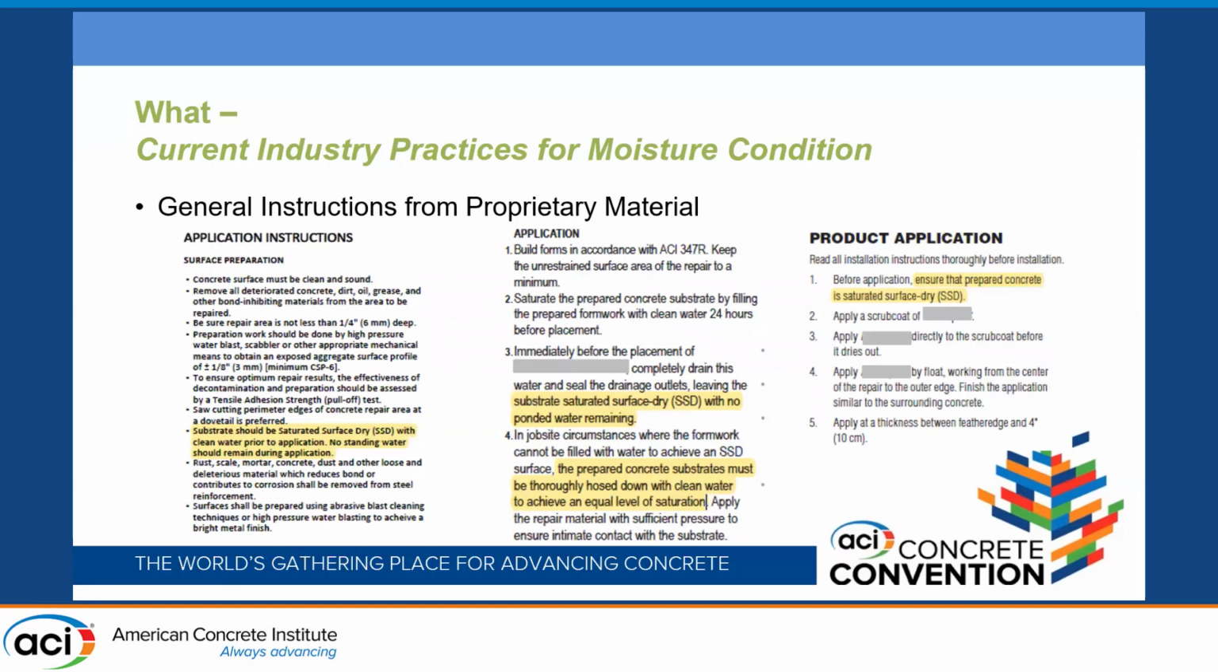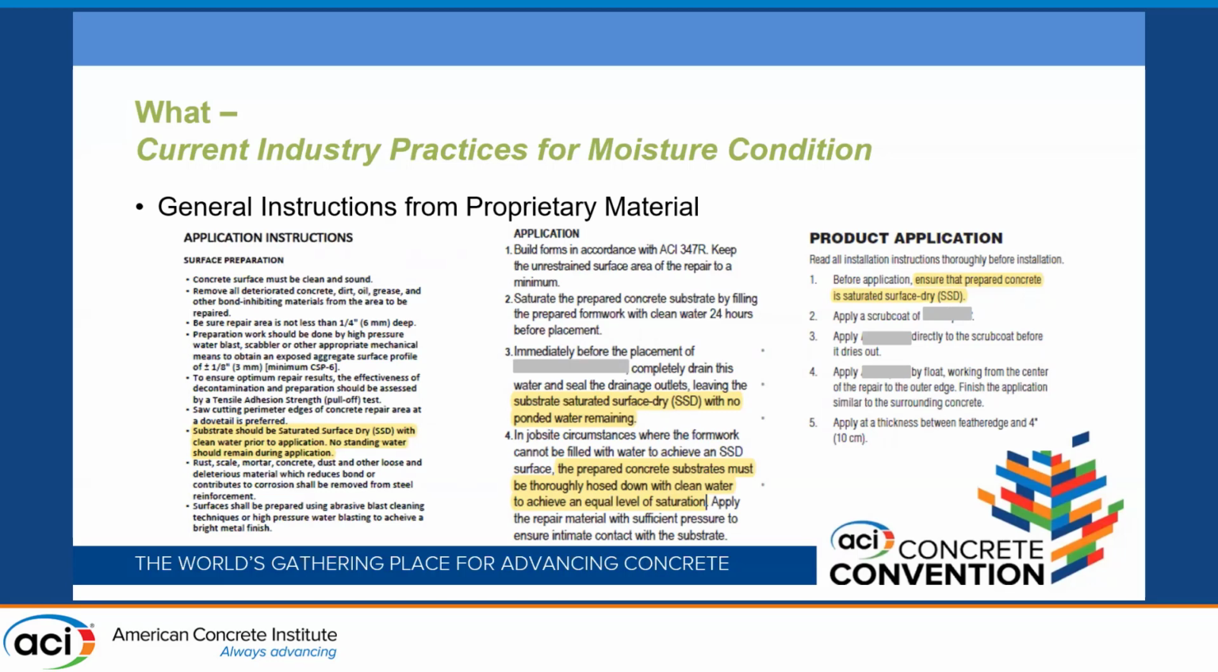Well, we know we use a lot of proprietary repair material from the manufacturer. Looking at their data sheet or general instructions for their product, it looks like every product refers to SSD. So here I screenshotted three products, repair mortar or repair microconcrete, from three major repair material manufacturers, and then